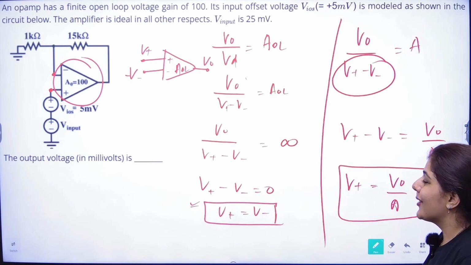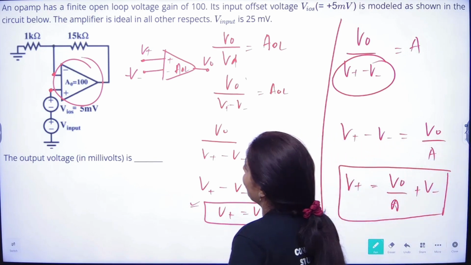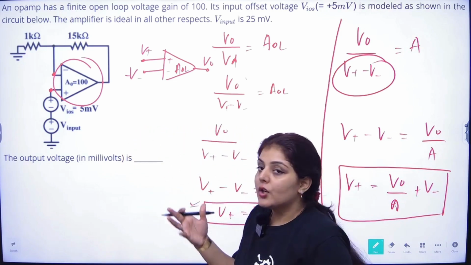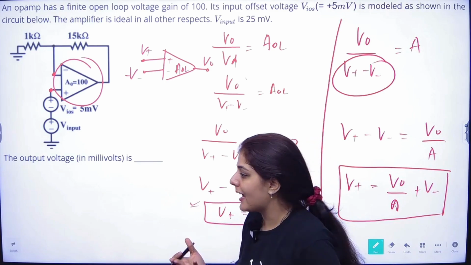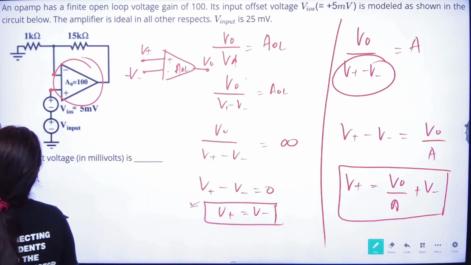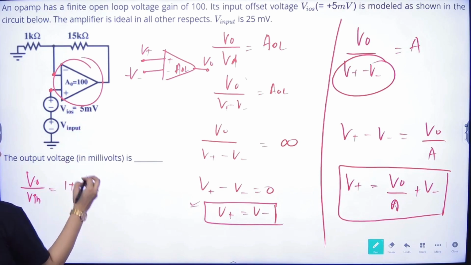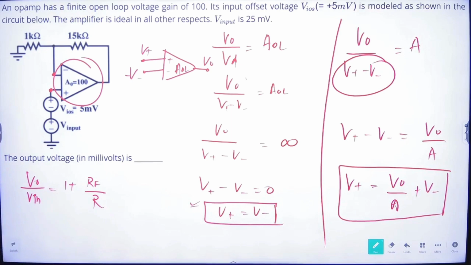Right? As you can see, the input is given to the positive terminal and the feedback is given to the negative terminal. So what is this topology basically? This is a non-inverting amplifier because the input is given to the positive terminal. The non-inverting amplifier gain, output divided by input, is given as 1 plus the feedback resistance over the input resistance. But in this case it will not work like that,